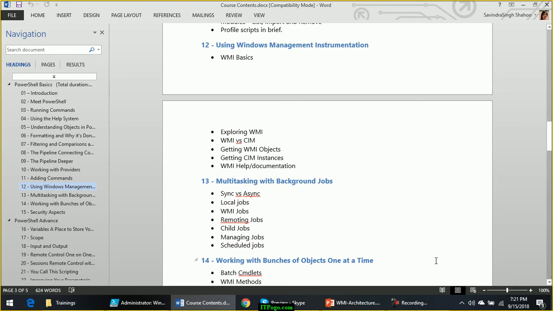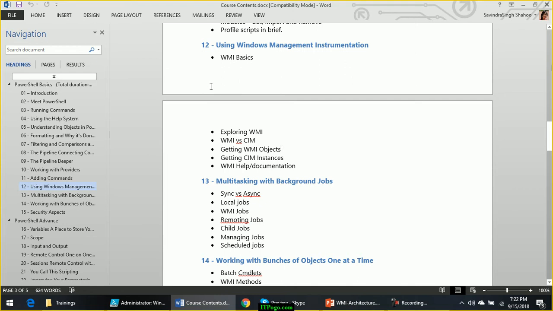Earlier, instead of WMI, scripters and programmers were using COM and DCOM, component object model and distributed component object model. Those were two technologies using which scripters or programmers were able to do the same job which currently WMI is doing, but WMI has made it better.